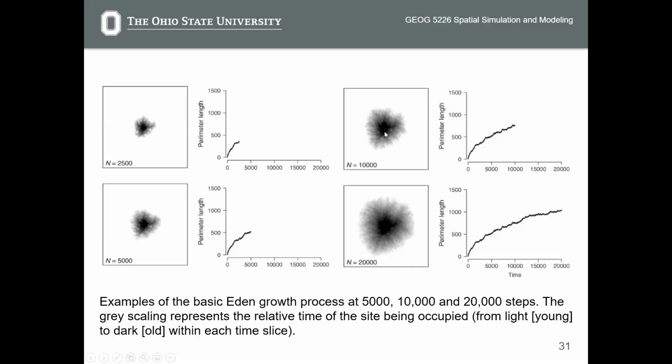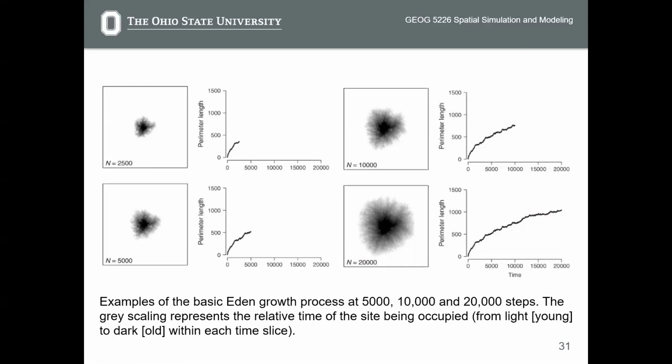And as this colony grows, you can see that although the perimeter length increases accordingly, it increases slower, and its increment gets slower and slower, because the slope of this curve decreases dramatically, right? So here, when we're talking about the spatial pattern after 20,000 steps, you can see that this curve is basically flat. The slope is very close to 0, which means that if you continue to run this model, at 30,000 steps, 40,000 steps, pretty sure that the perimeter length will still increase, but it will increase at a very low